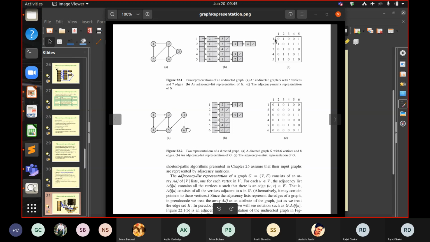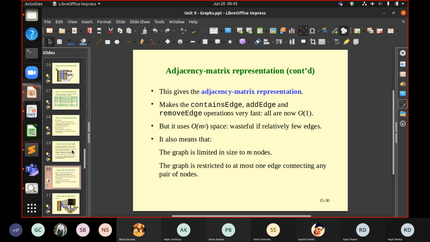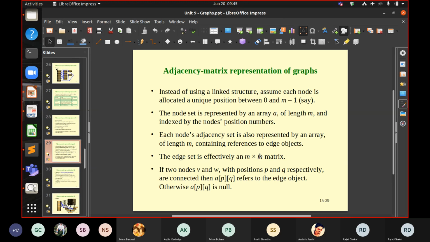This here is the name of the nodes, and this one here is also the name of the node. So there are a total of 5 here, 5 times 5. As you can see, the matrix is effectively a 5 by 5 matrix, or an m by m matrix. In our case, m is 5. So this adjacency matrix representation is done by this matrix here.